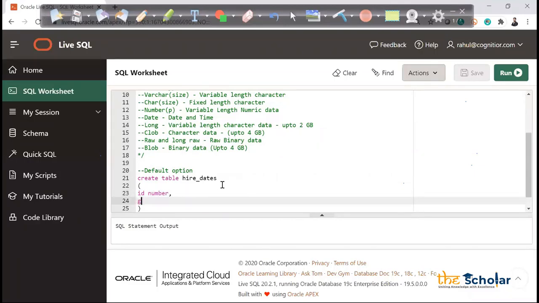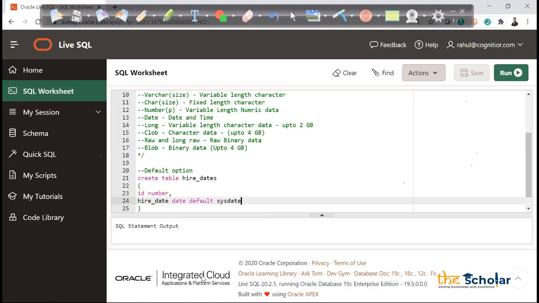Then I am passing hire date, and let's give date as the data type, right? So when we are creating a table, we have to give the column name and the data type, must. After that, I will write default